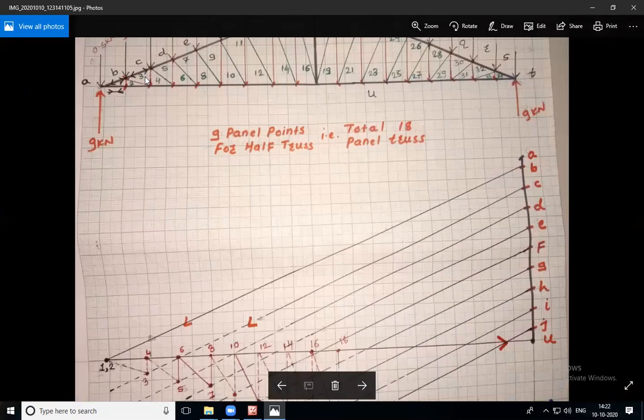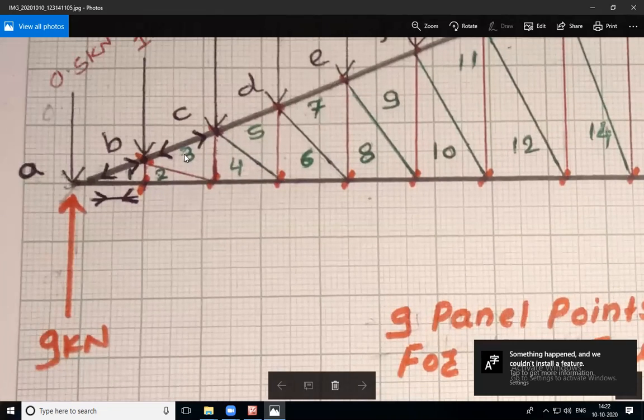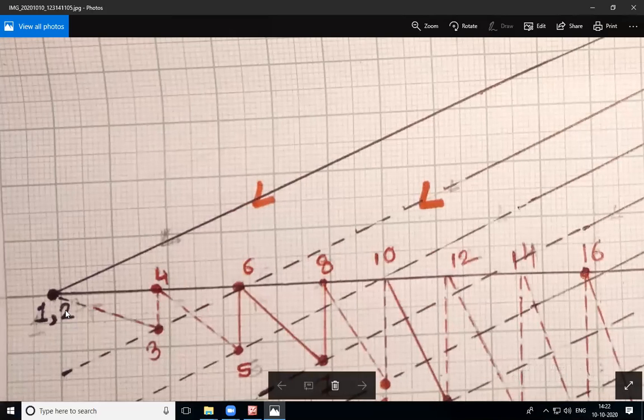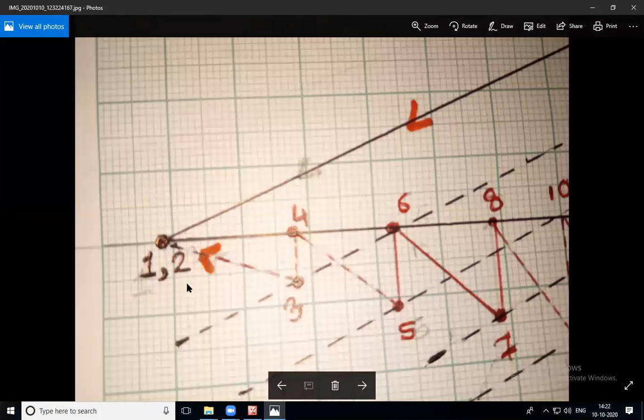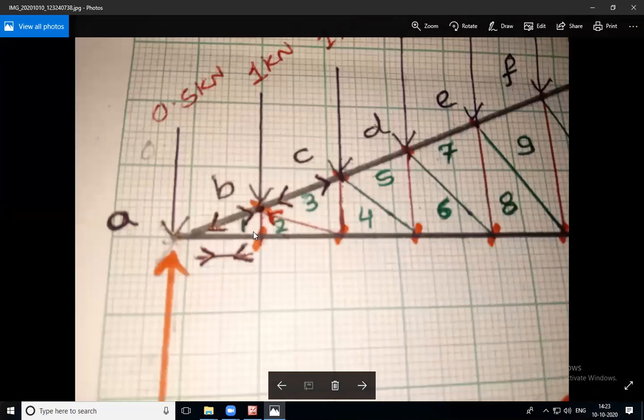Okay, so like this. Now move from 3 to 2. Where is the location of 3 to 2 in the vector diagram? See here, 3 to 2. So look, the notation will be like this. 3 to 2 will be shown like this. I have shown it like this, 3 to 2. Now the same notation we have to show in this diagram, like this, 3 to 2.